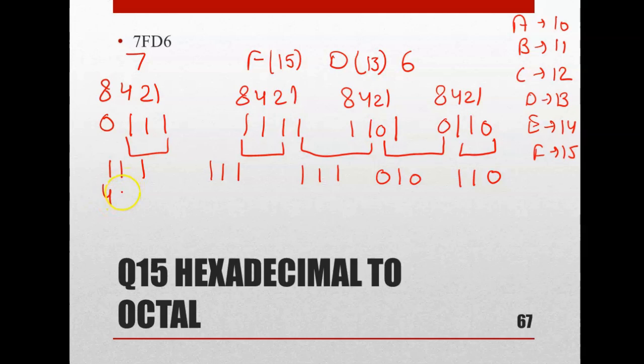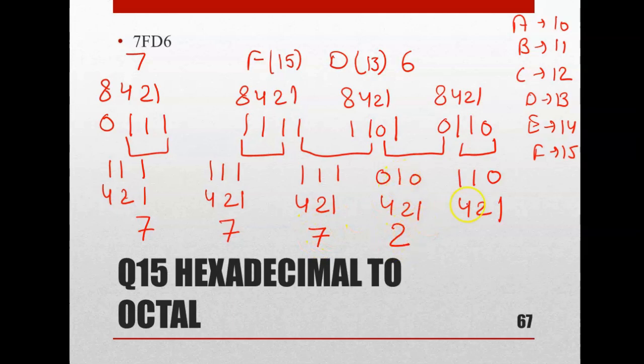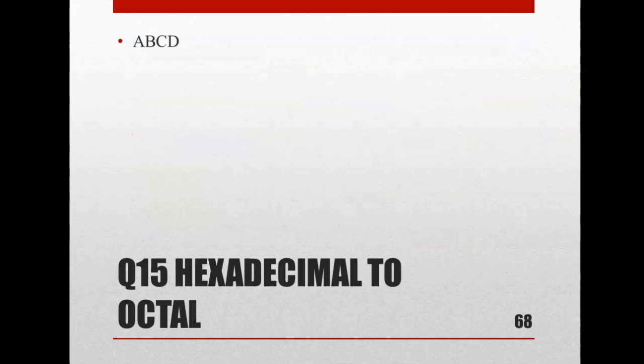For this also it is the rule of 4, 2, 1 for each group. Now go for it. All the 3 are 1 only. So 4 plus 2 is 6 plus 1 is 7, 7, 7. And this is only at 2 place we have 1. So 2. And this is 4 plus 2, 6. So this is the answer, 7, 7, 7, 2, 6. And this is in octal form, base 8. Right. So this is the second part of question number 15.